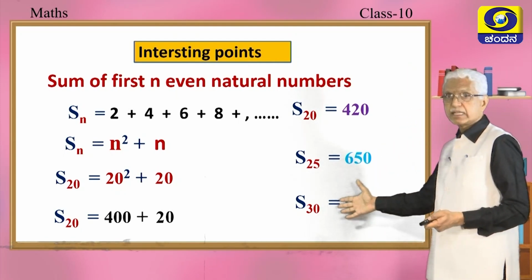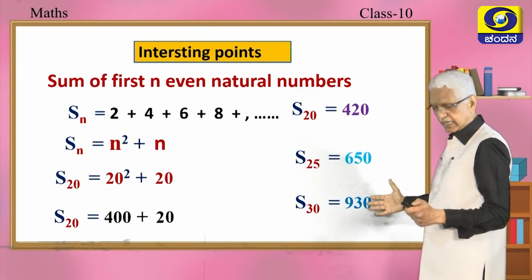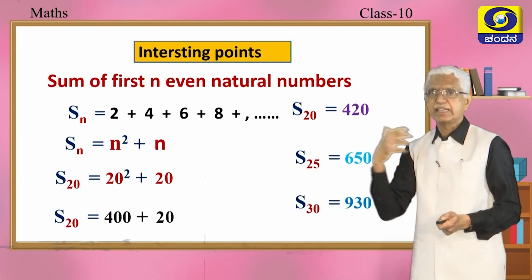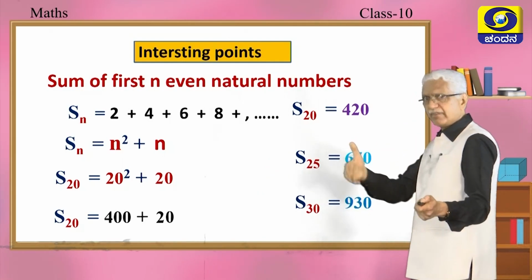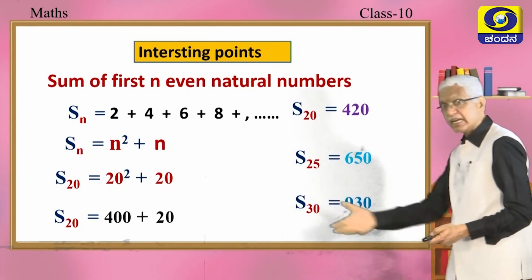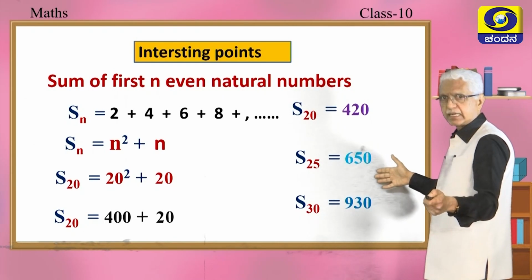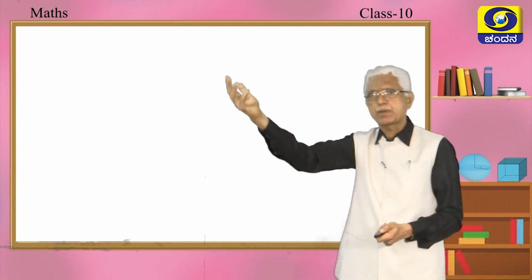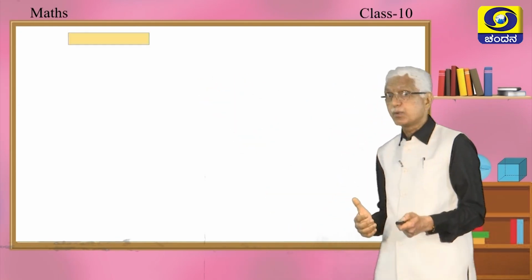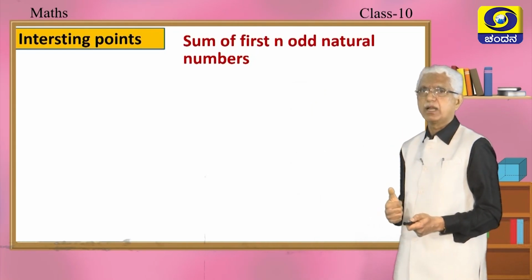Next, you want to find the sum of the first 30 even natural numbers, okay. Yes, 30. 30 square plus 30, they have already given you the formula, okay. Probably we will be seeing in a couple of minutes how we got that formula, okay. S30 is 930, that is 30 square plus 30, 30 square is 900, 900 plus 30 is 930. Probably now we will be observing how we got that formula, okay.